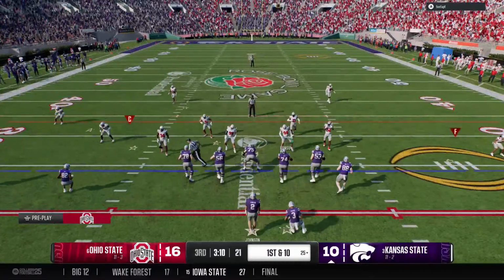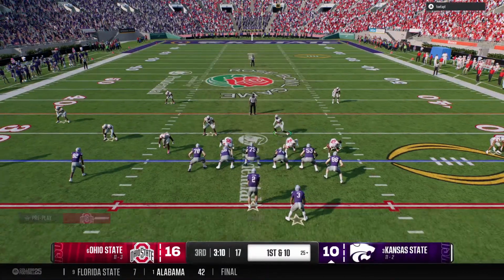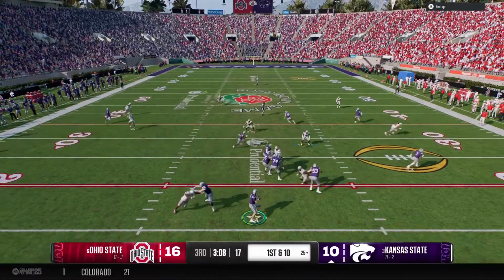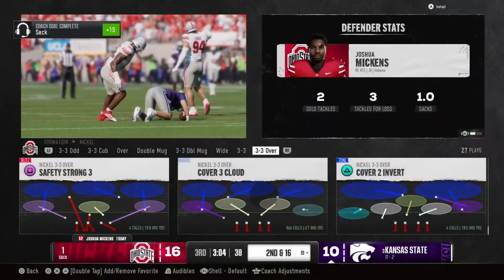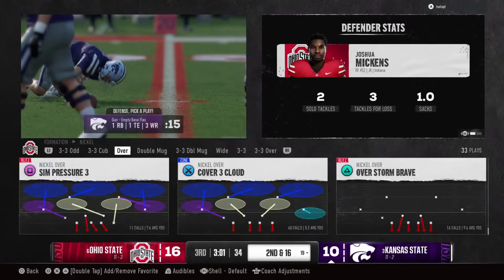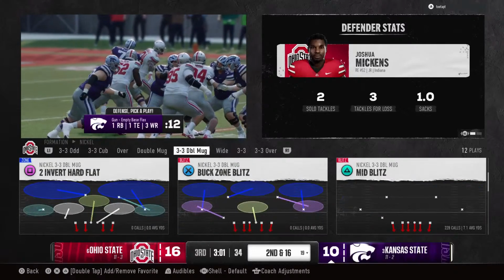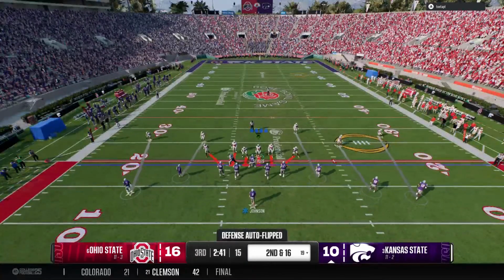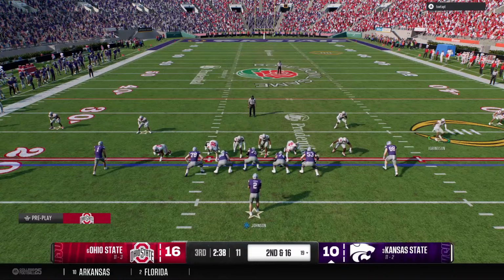Okay, the K-State offense is back out on the field now. This offense trying to bounce back, the last possession ended in a pick. Bringing pressure. Down goes the quarterback. It's a sack. I mean, that's just being a difference maker up front. You look at that uniform, you think over the years with Joey Bosa, Nick Bosa, and Chase Young, and so many great defensive linemen. And this guy right here is showing you he's got some of the similar skill set as some of those greats.